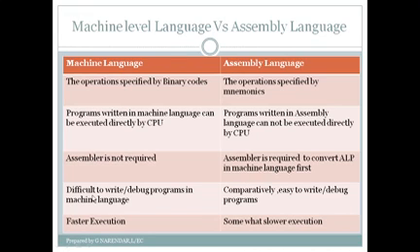And coming to the ease of debugging, when you see machine language, since the instructions are written using binary codes, it is very difficult to write and debug programs in machine language. And also since the instructions are written using ones and zeros, they are directly and quickly executed by the controller. And similarly, coming to assembly language,